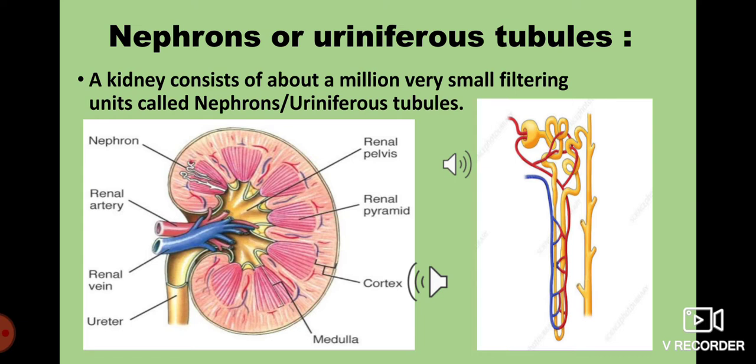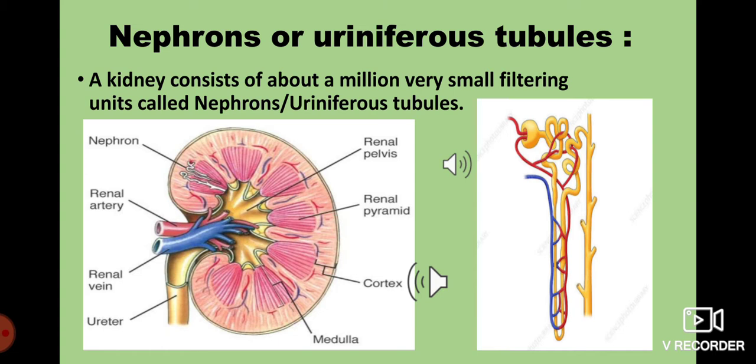We will study the nephron in detail in the next class. Inside this nephron, the filtration of blood takes place. As you know, the kidney is helpful in filtering the blood. It will remove all the toxins and whatever chemical toxic substances are there from the blood, and then it will make urine from it and release it out of the body.